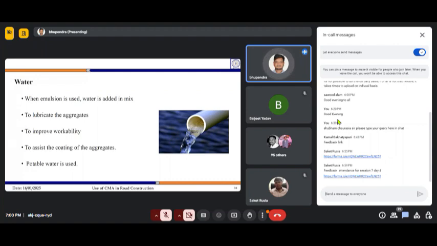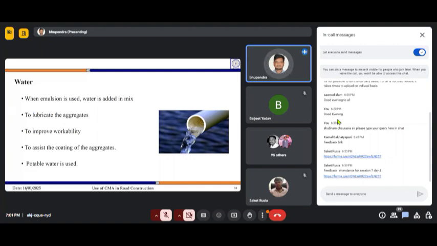There is water already present in the emulsion, but we add some extra water to assist the coating of the aggregate, so that all the aggregates can be coated together.